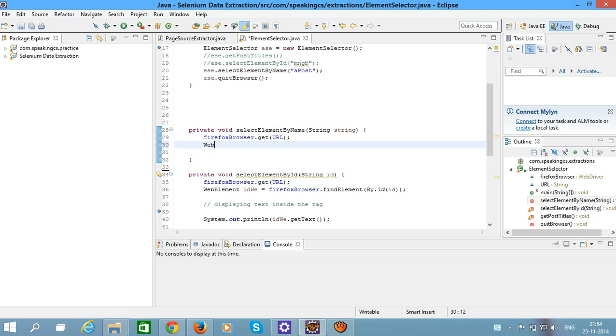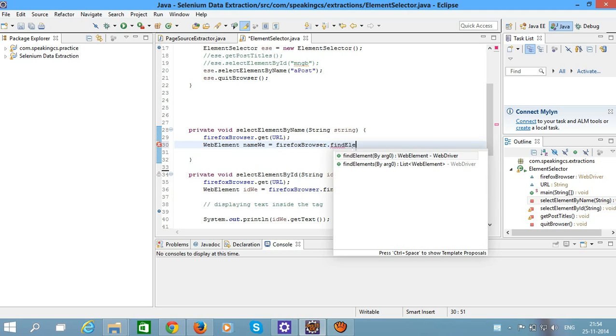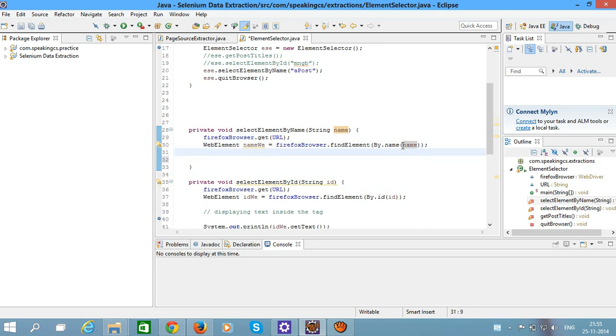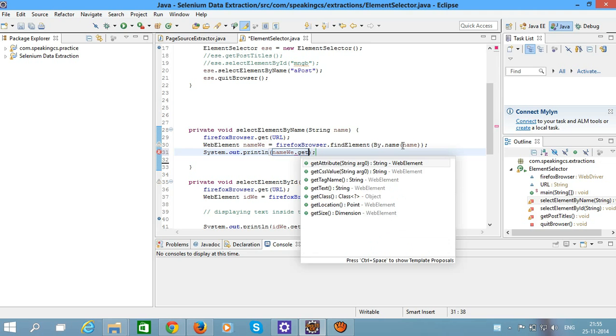create a web element named w equal to Firefox browser dot find element and pass an argument of type By. By dot name gives the By reference variable, and pass name to the By dot name method. So now Selenium finds an HTML element that has the name attribute. Now call the get text method to get the value inside that HTML element